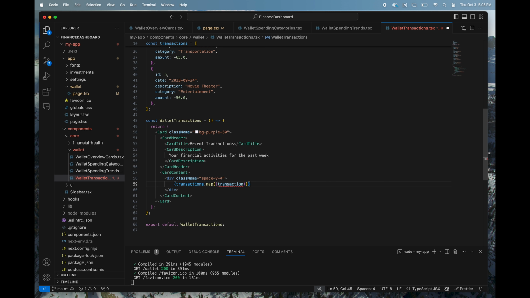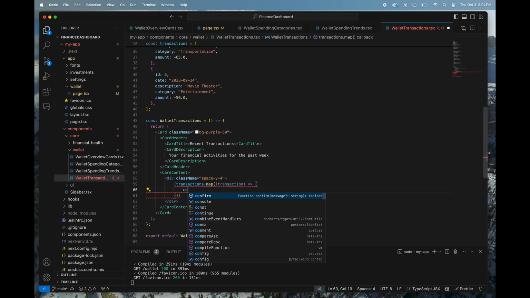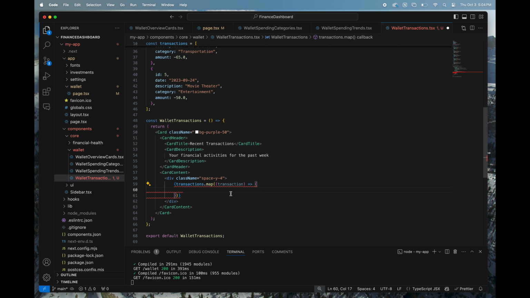And each is going to be a transaction. And for each one of these, we want to do something. And first, I'm just going to, this error looks like,